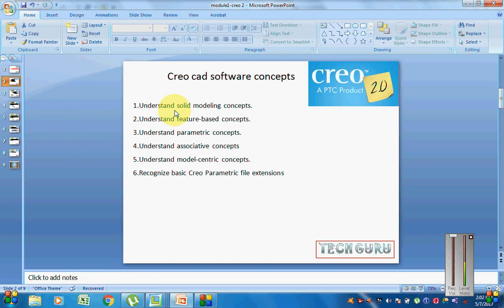First is solid modeling concept. This is one concept which differentiates 2D from 3D softwares. Then comes feature based concept. Then comes parametric concept. Then comes associative concept. Then comes model centric concept, and the last, which may not be a